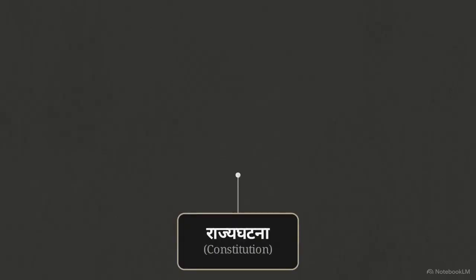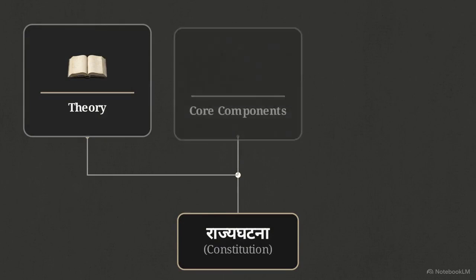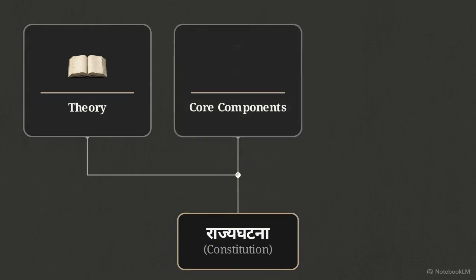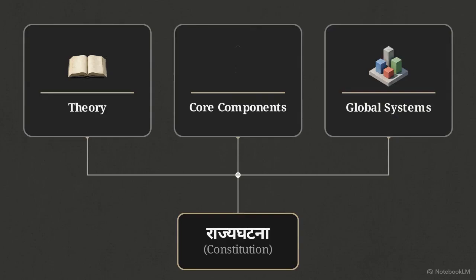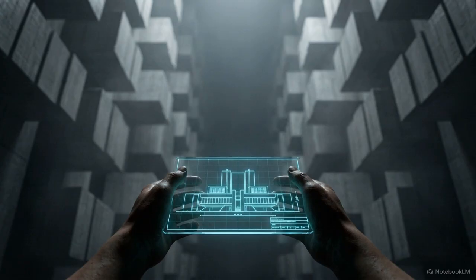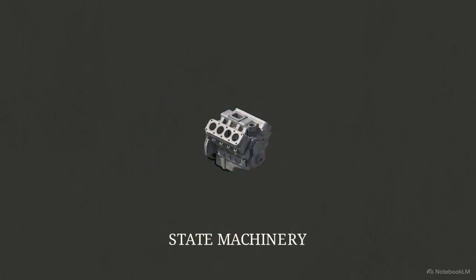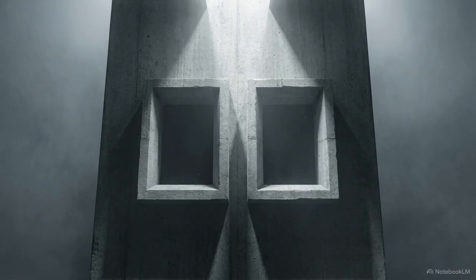This deconstruction involves examining precise academic definitions, identifying the 6 structural pillars of statecraft, and mapping global classification axes. Success in this field relies on understanding the mechanical parameterization of how power is distributed and constrained, which goes deeper than the mere memorization of laws. A constitution's value is derived from its functional capacity to organize the state machinery. To see how, we look to the foundational scholars who defined this framework.